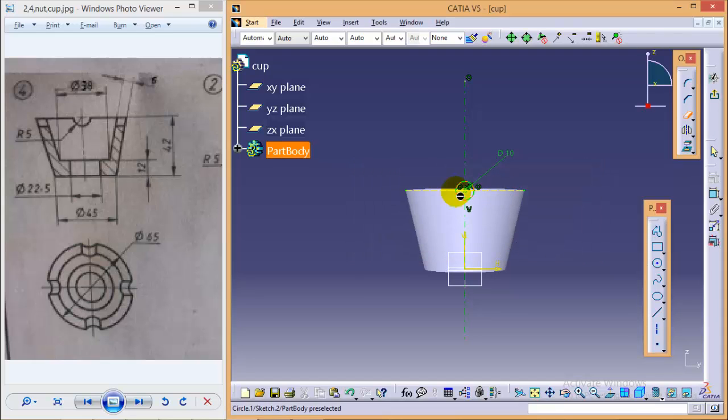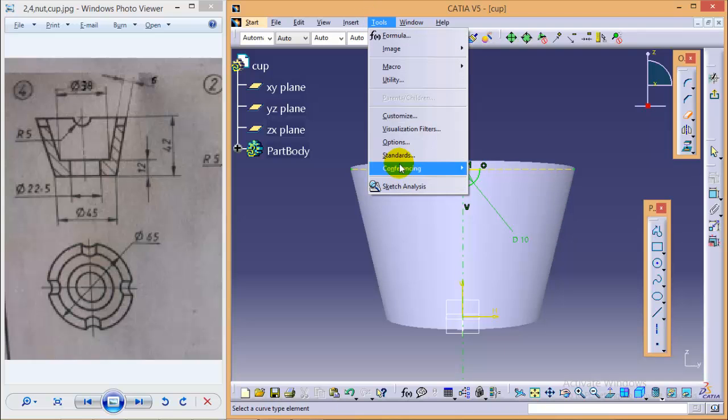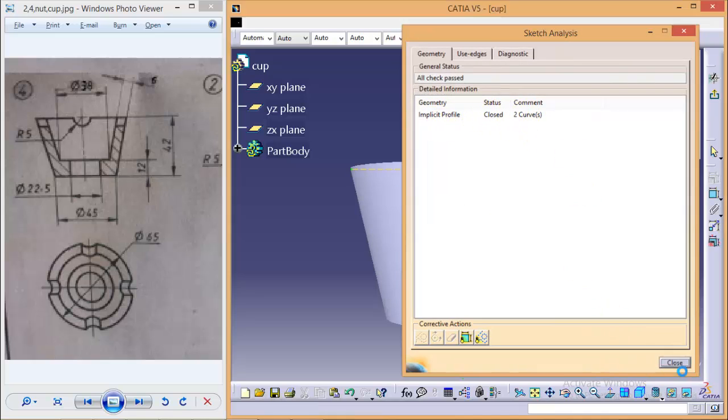Yes, so here we have completed the required profile. Before using a pocket command or pad command, you have to make sure that your profile is closed. To check that, go to tools, sketch analysis, and here you can see our geometry is an implicit profile with one closed profile and two curves, so it seems right.